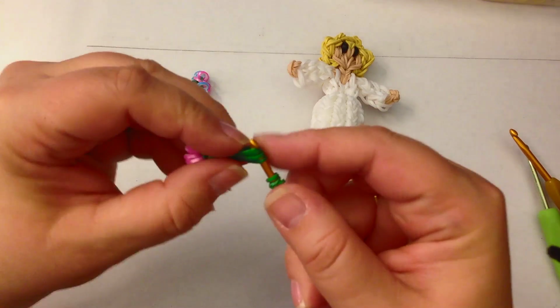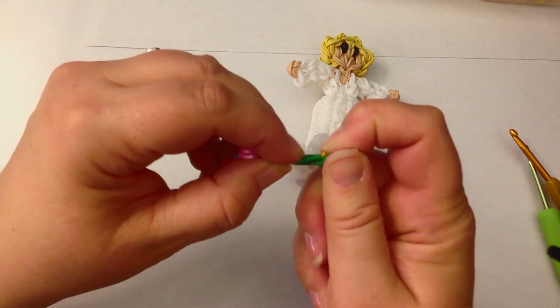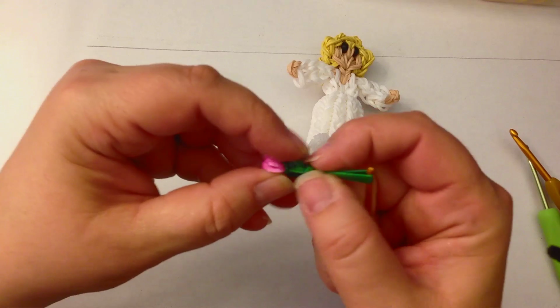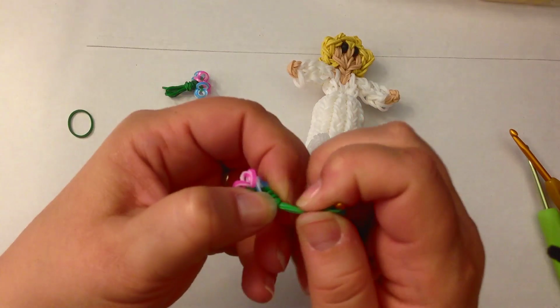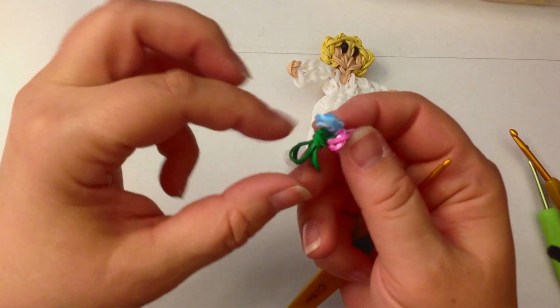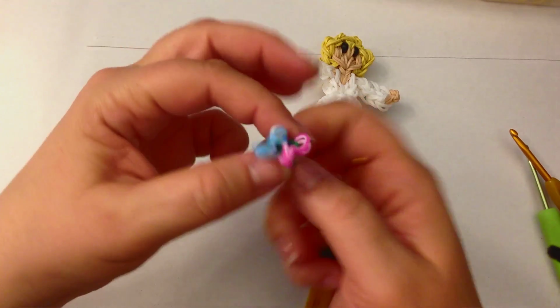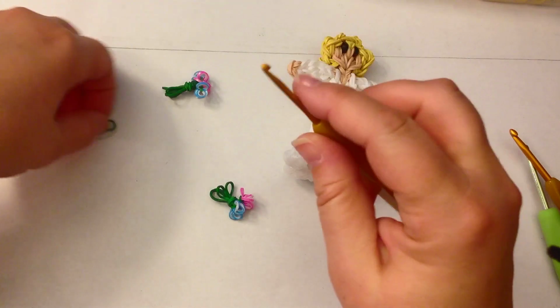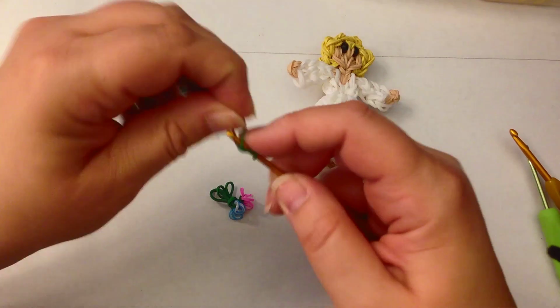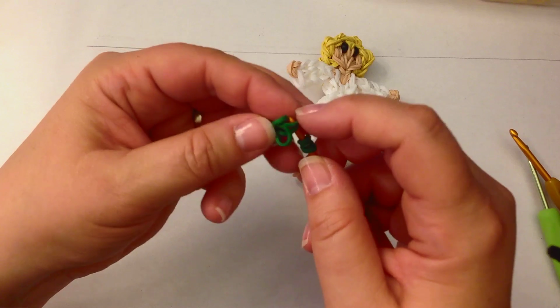I've got a very small hook, so it doesn't make it very easy. Here's your band, slide it onto your hook up to the top where the flowers are, okay, like that. If you feel one is a bit long, pull it so that they become even in size. We're going to do that one more time. Wrap it once, twice, 3 times. Put all the loops on your hook